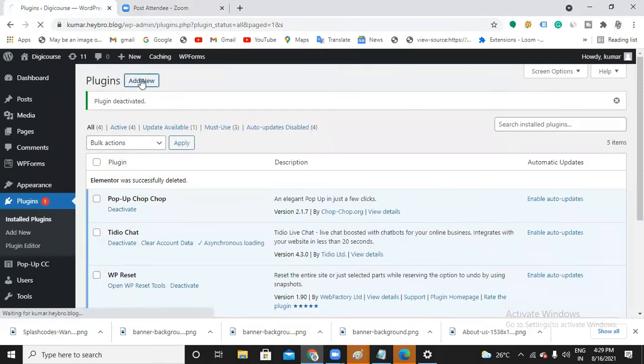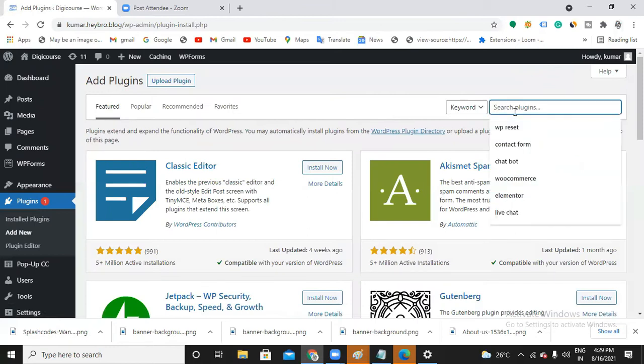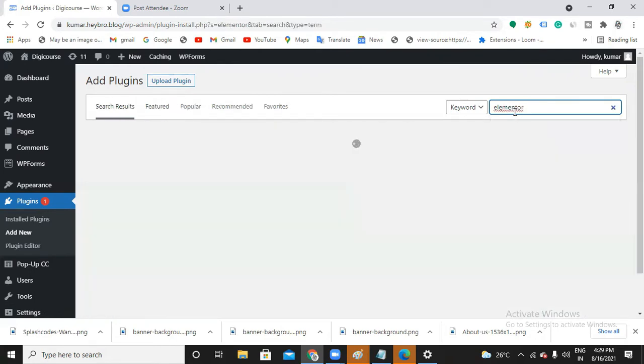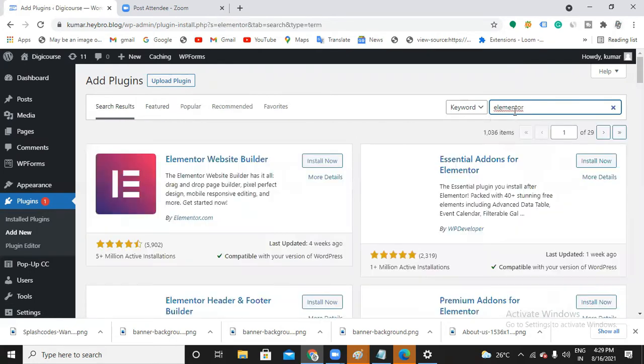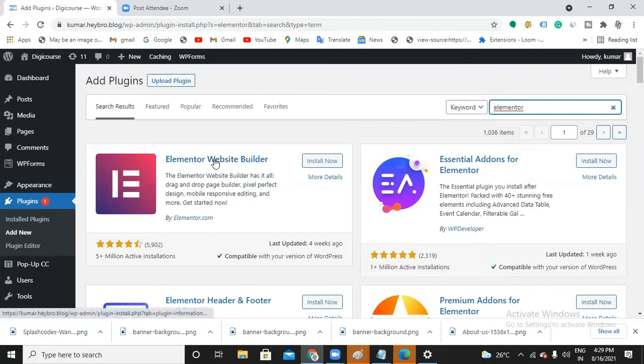So tell me, how do we install a plugin? Plugins, add new. Search for Elementor. There you go. You have the Elementor website builder. Please install now and activate.